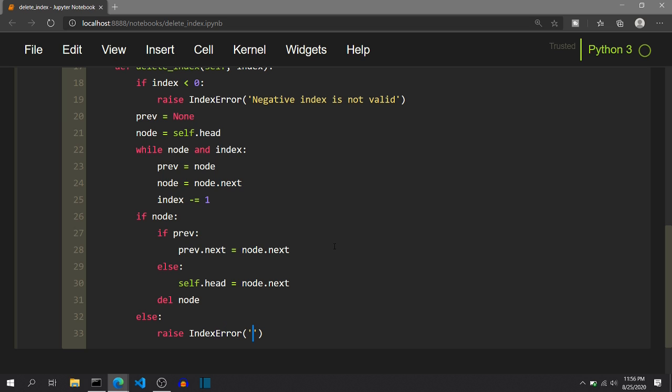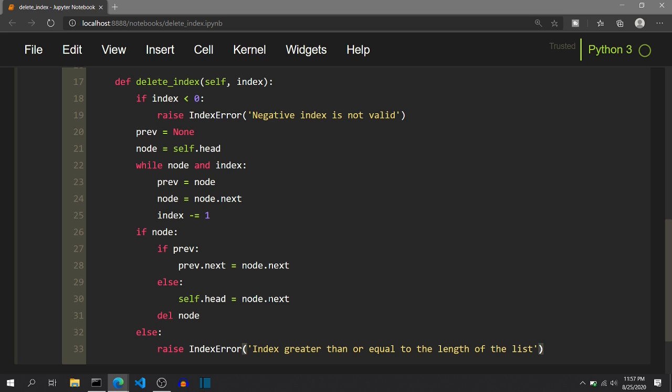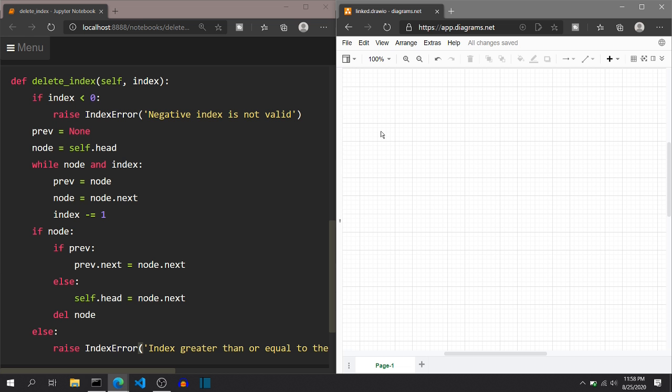by stating the message that, so we are clearly stating that negative index and index greater than or equal to the length of the linked list is not allowed. So the valid range of index parameter is 0 to n minus 1. So as we have completed all the boundary conditions as well as non-boundary conditions, we can now do a dry run and see how this code works. So let's visualize this code.